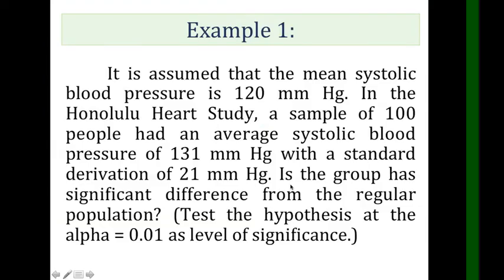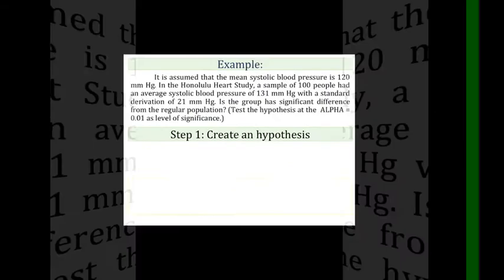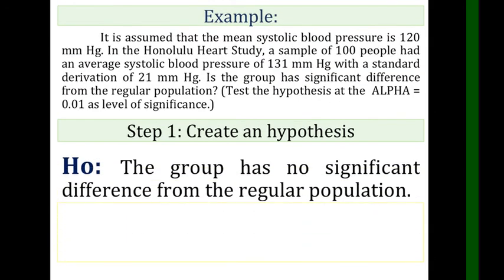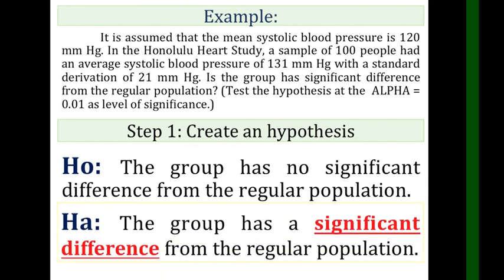Okay? Example 1. Same problem lang tayo. Okay, nung sa systolic tsaka diastolic dun sa given natin. Now, the question is, what is the alternative and the null hypothesis? So, ito yung nakuha natin. So, the group has no significant difference and the group has a significant difference. Now, again, para malaman mo,